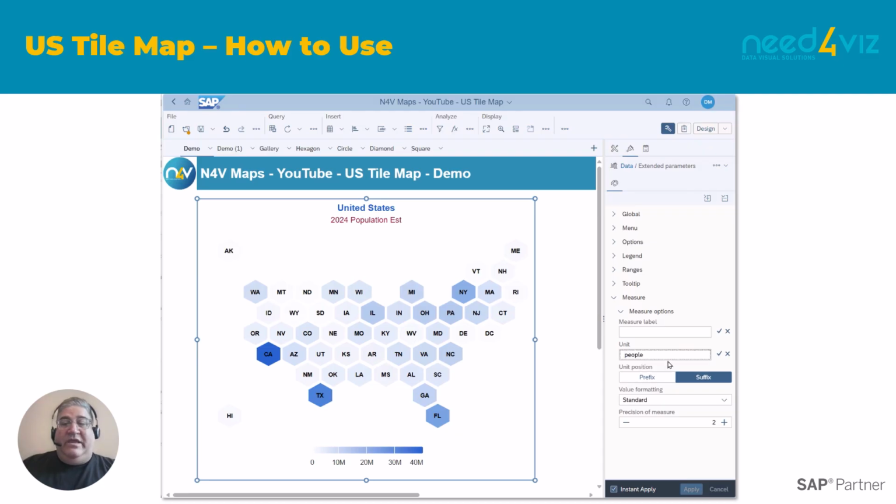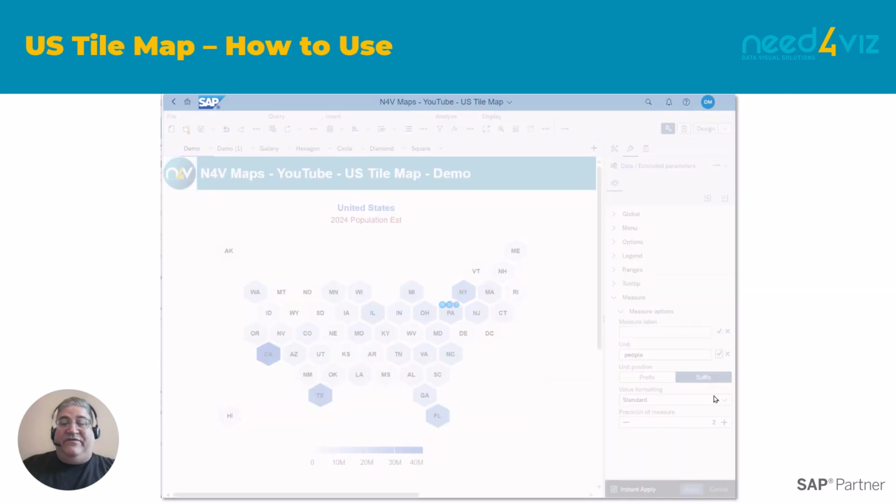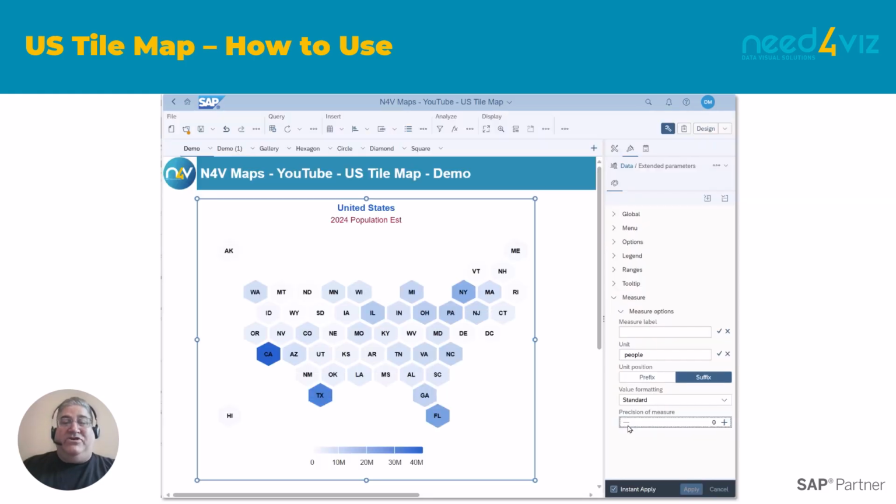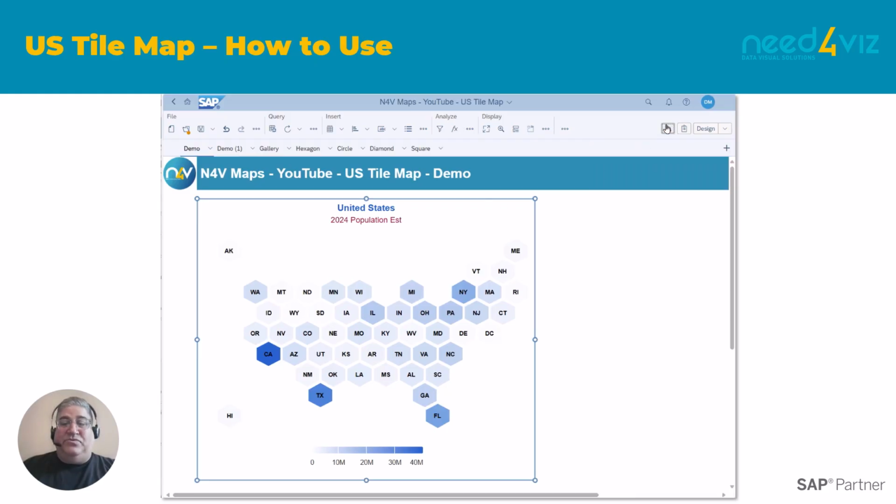And then lastly, I'm going to add a suffix of people to my unit of measurement, since that's what I am measuring. Make sure with the suffix, sometimes you'll want to make sure that there's a space before the actual word. And I'm going to set the precision to 0 since you can't have fractional people.